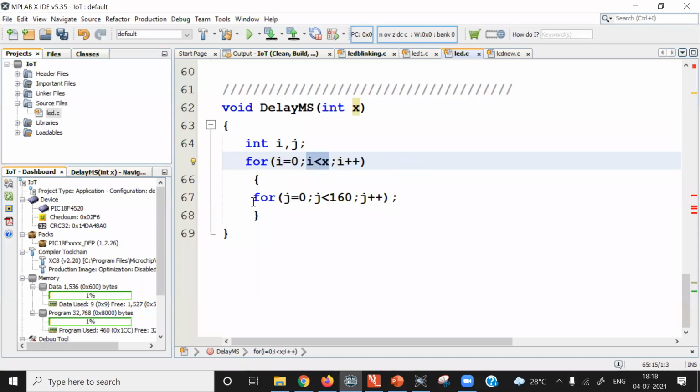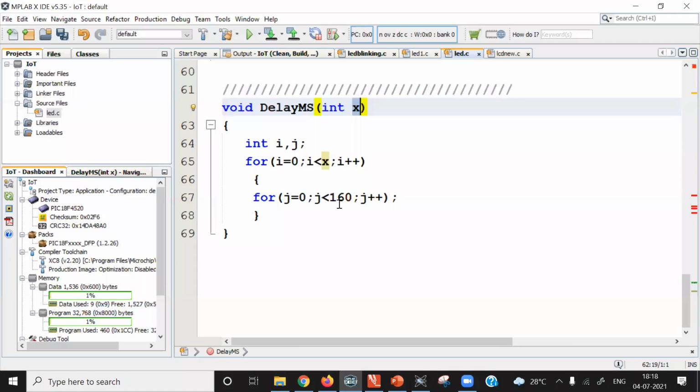Then inside this for loop, there is one more for loop, and here I am using this variable j. So j is initialized to 0, then j is less than 160, colon, j plus plus. So by controlling this number j less than 160 or this x, this for loop will be continued. As long as condition j less than 160 is satisfied, this for loop will be continued.